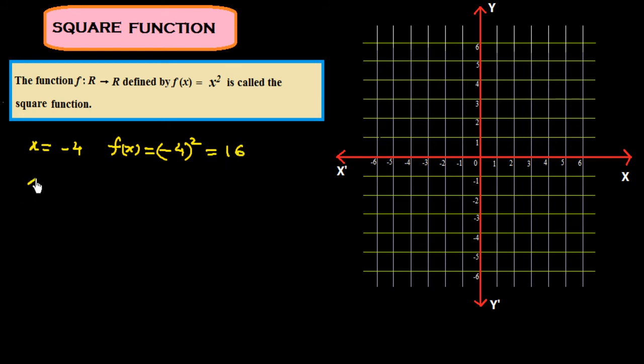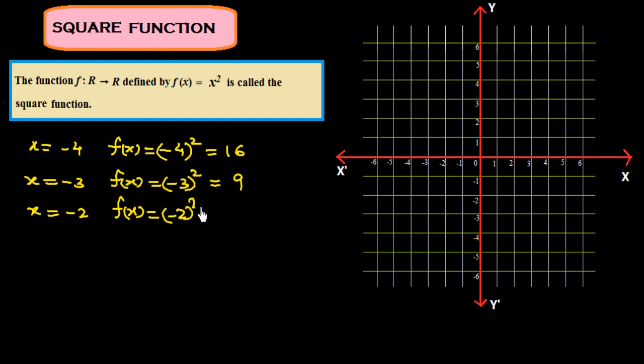If we have x = -3, then f(x) = (-3)², which is 9. If we have x = -2, we have f(x) = (-2)², which is 4. If we have x = -1, we have f(x) = (-1)²,